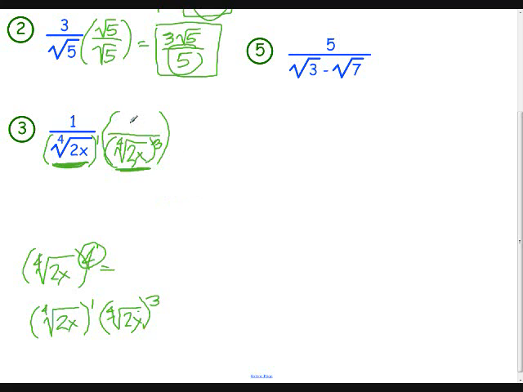Oops, I need to have this in my numerator as well, don't I? To the third power, let's see if I can squeeze it in here. The fourth root of 2x, and I definitely should write the 4 down. So I'm going to have the fourth root of 2x to the third power in my numerator, and in my denominator,